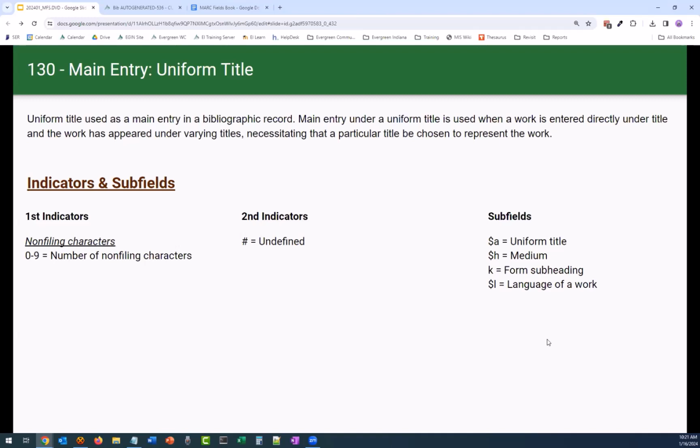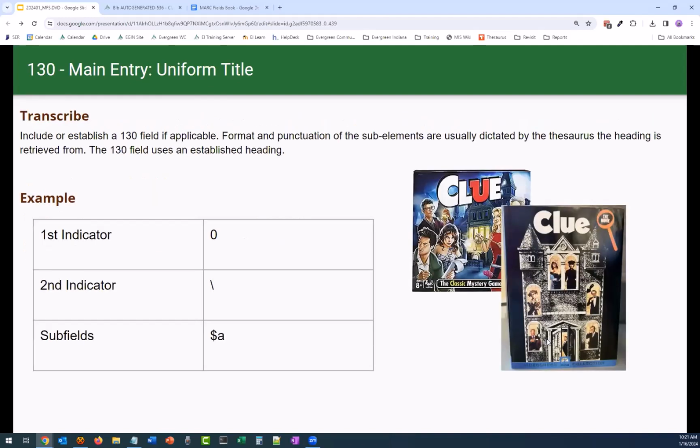Because we know this movie based on the information provided, and if you've seen it, we know it's based off of the board game Clue. So we have two different types of titles for Clue, and so it's useful to have a 130, a uniform title, to help distinguish between those like names. So in our example,